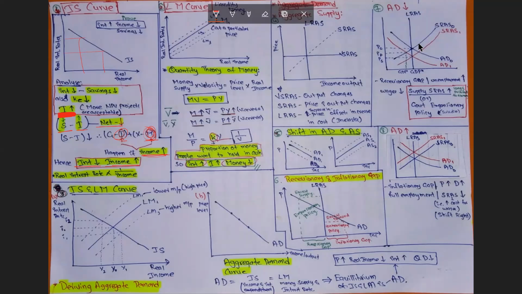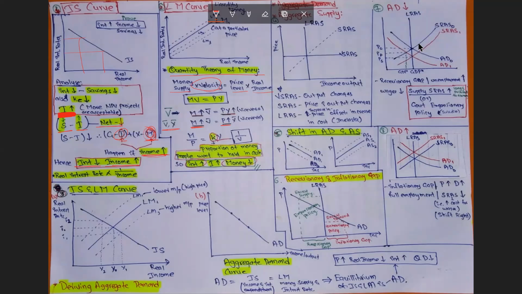So the LM curve also discusses the same. In order to understand the LM curve, let's first discuss what the quantity theory of money is. The quantity theory of money describes that money supply times velocity is equal to price level times real income. Velocity is the circulation of money, and we keep velocity as well as income constant, because those are not frequently changed in a year. So when there is an increase in money supply, the price levels will also increase. So money supply is directly related to the price level, that is the inflation or deflation factor in the economy. Or we can restate the formula as M by P is equal to K into Y.